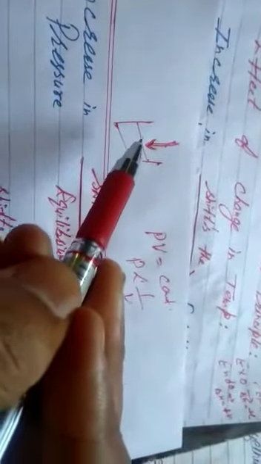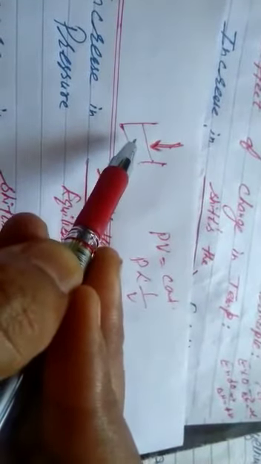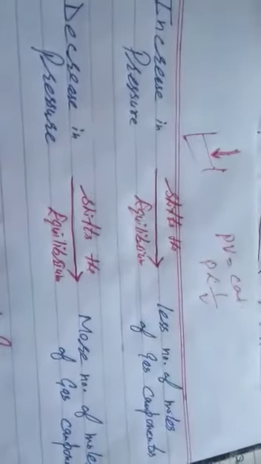When we increase pressure, students, what will happen? We have studied Boyle's law, PV equal to constant. Pressure is reciprocal to volume. On increasing pressure, the volume occupied by the system decreases. As a result, there will be a large number of moles of gas components per unit volume. So an increase in pressure shifts the equilibrium towards less number of moles to neutralize the effect, and vice versa, a decrease in pressure shifts it towards more number of moles of gas component.